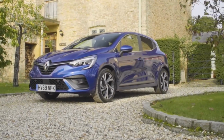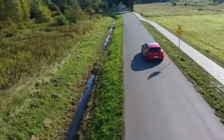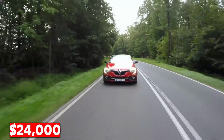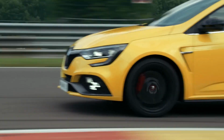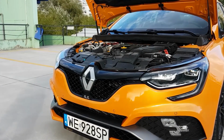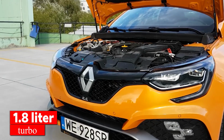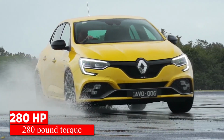Up next is number 7, the 2018 Renault Megane RS, starting around $24,000. When new, these cost about $37,000. Depreciation brings them down to $24,000 to $26,000 now. Renault dropped a 1.8-liter turbo under the hood that makes 280 horsepower and 280 pound-feet through either a 6-speed manual